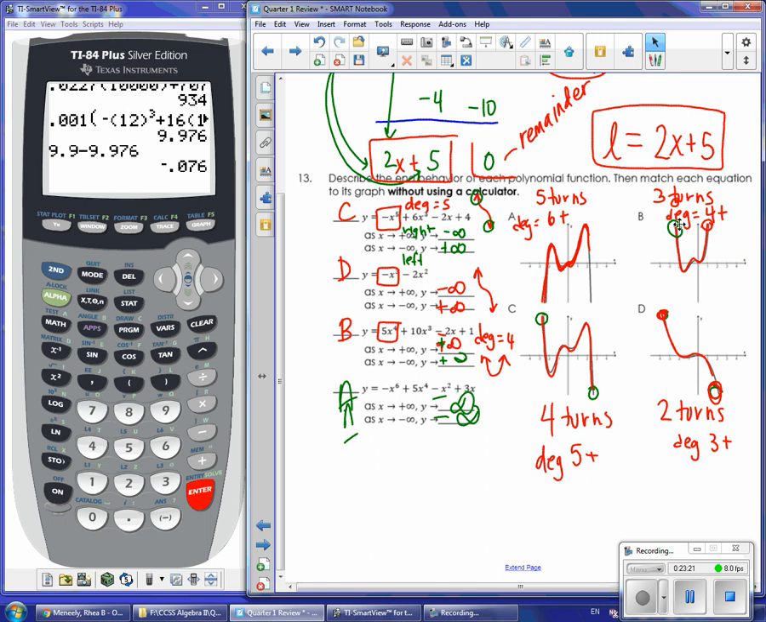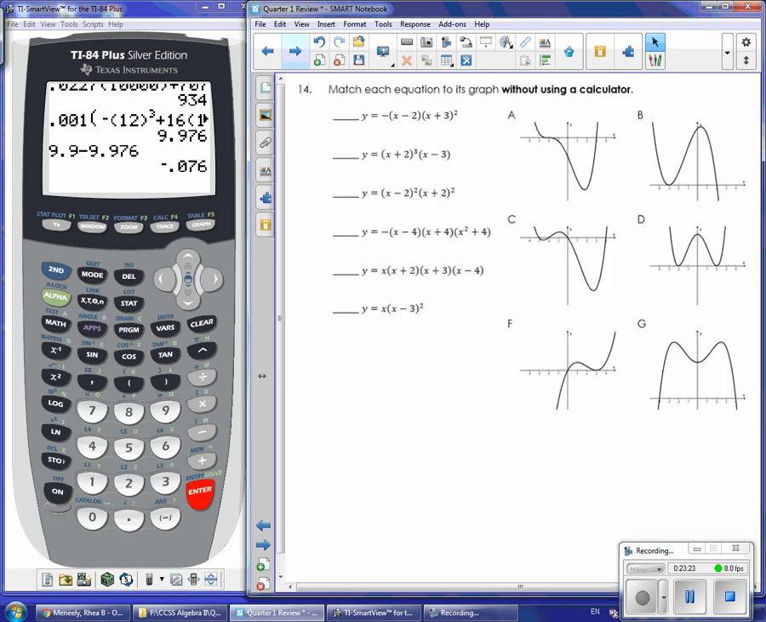Okay, let's take a look at the last problem. This time you are given the functions in factored form. And this is when it's really important to pay attention to not only the root, but the multiplicity of the root. And so remember, if we have a single root,